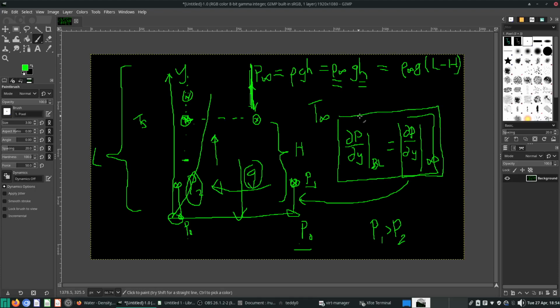Hope is the right explanation, but that's how I like to think about it. So there's excess pressure here, which pushes fluid into here. So the energy has to come from somewhere. That comes from a drop in this P1. Okay, P1 will drop so that fluid can flow from the free stream into this